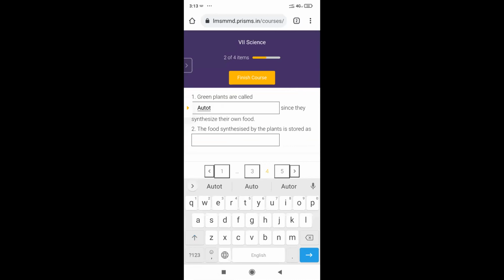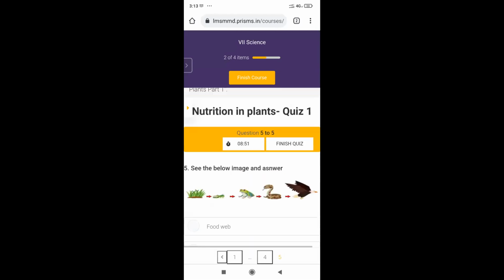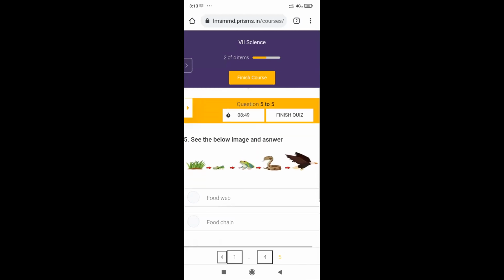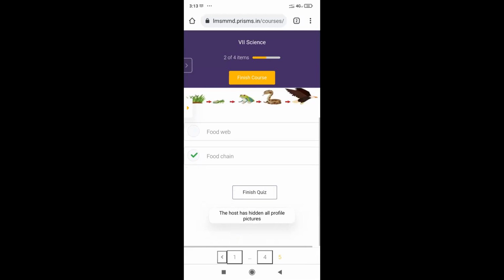I can also take fill in the blanks. I can take passages. I can add images to the question. And I'll click on finish quiz.